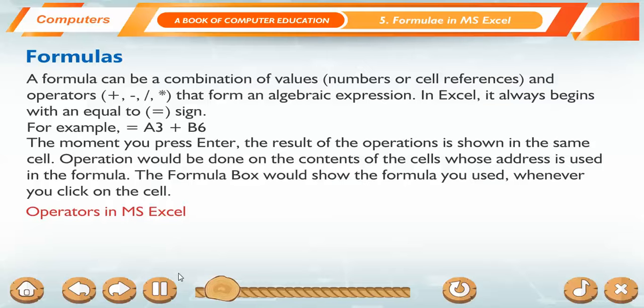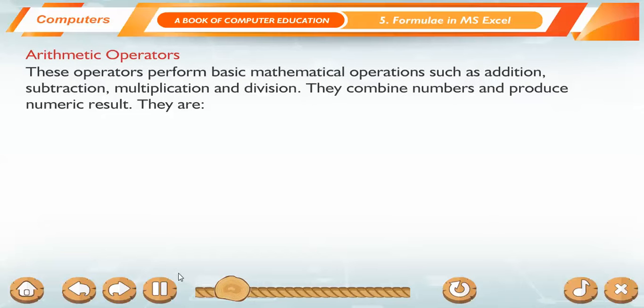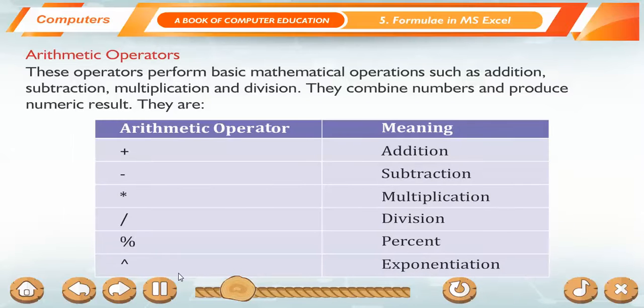Operators in MS Excel. Operators specify the type of calculation that you want to perform on the elements of a formula. There is a default order in which calculations occur. There are three different types of calculation operators: arithmetic, comparison, and reference. Arithmetic operators. These operators perform basic mathematical operations such as addition, subtraction, multiplication, and division. They combine numbers and produce numeric results. The arithmetic operators are: